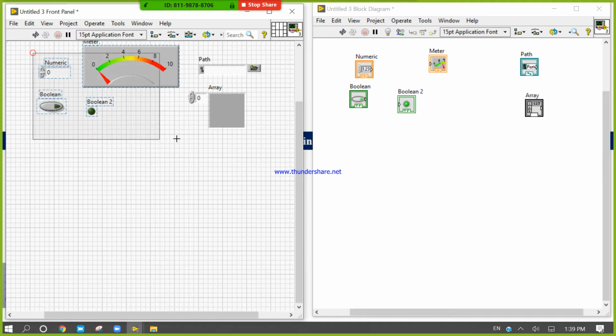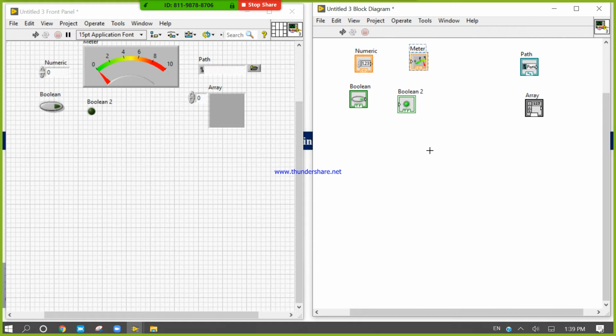It is my modern type. Look here. These are numerics from the same family. These are booleans from the same family. It is a string, third family, path, and it's an array.